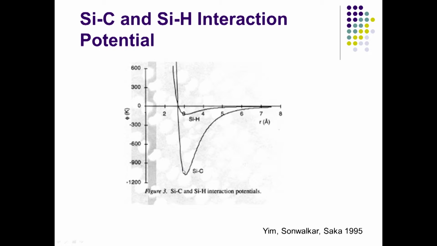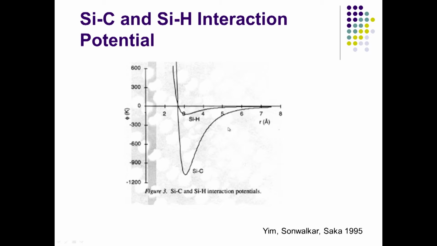Now, if you go forward, we are looking at the interface potential that we created based on the rule of mixture, where we again came up with the Lennard-Jones parameters between the silicon atom and the carbon atoms, and carbon and hydrogen atoms. So, for hydrocarbon, we have to have interaction between silicon and carbon and then silicon and hydrogen. We also calculated these two potentials. So, now we have an understanding of how we would create that.